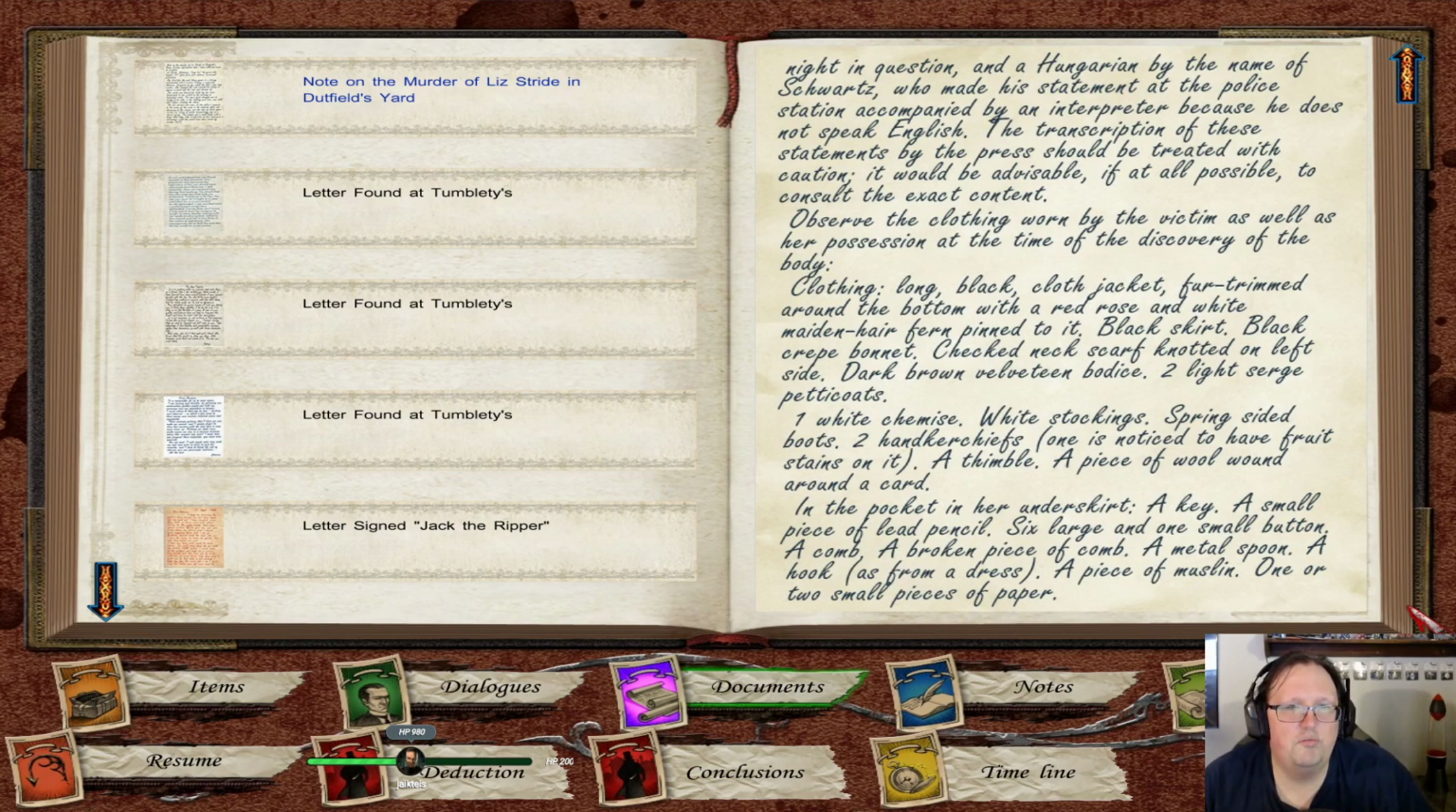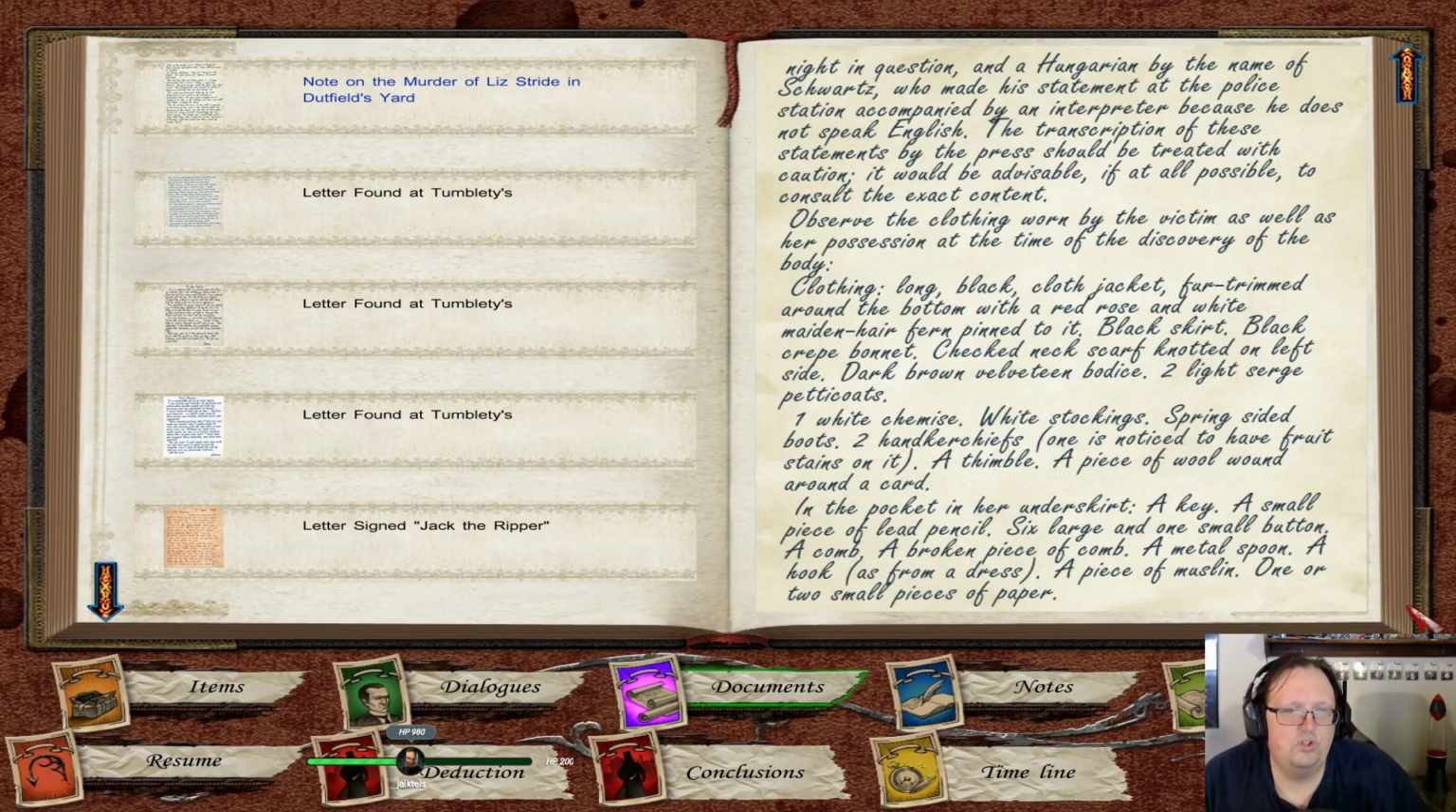Observe the clothing worn by the victim as well as her possessions at the time of the discovery of the body. Clothing: long black cloth jacket, fur trimmed around the bottom with a red rose and white maidenhair fern printed into it. Black skirt, black crepe bonnet, checked specked scarf knotted on left side, dark brown velveteen bodice, two light serge petticoats, one white chemise, white stockings, spring-sided boots, two handkerchiefs, one is noticed to have fruit stains on it, a thimble,